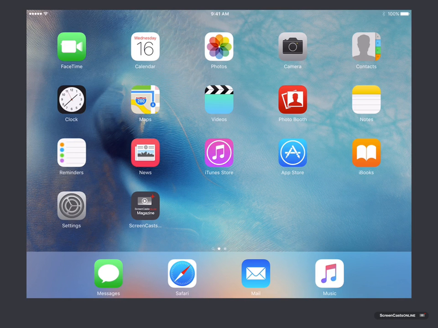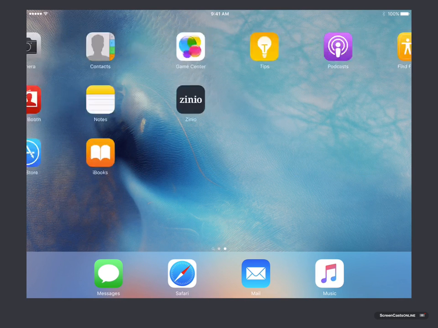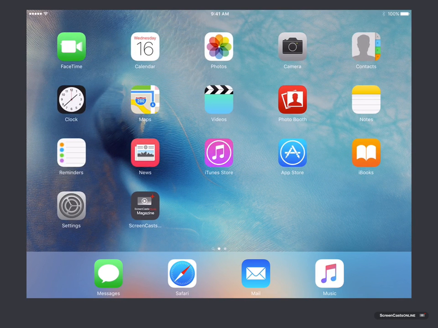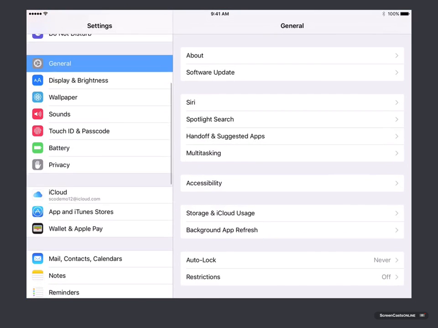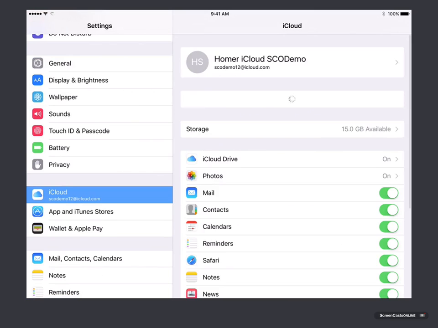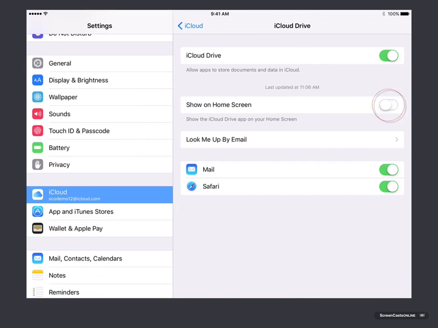Now, another application you might notice, in fact I haven't installed it on this one, you do get prompted during the installation process to add an iCloud Drive icon to your home screen. And that is basically a way of accessing your iCloud Drive files and folders without going through specific applications. It sort of gives you direct access to your iCloud Drive files. If you didn't select that during the installation, you can switch it on. If we go into Settings, if we go down to iCloud and into iCloud Drive and then Show on Home Screen,